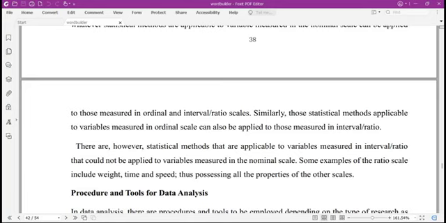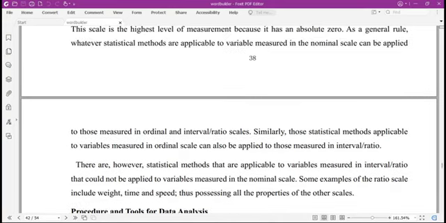In as much as all the ones in nominal can be applied to interval and ratio, there are some applicable to interval and ratio that are not applicable to nominal scale. Some examples of the ratio scale include weight, time, speed,